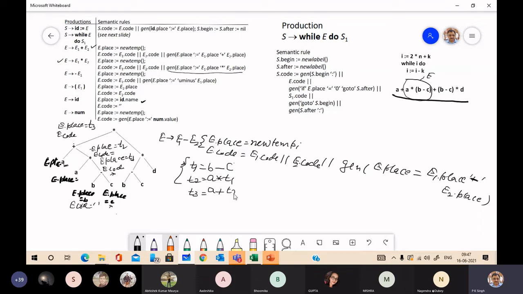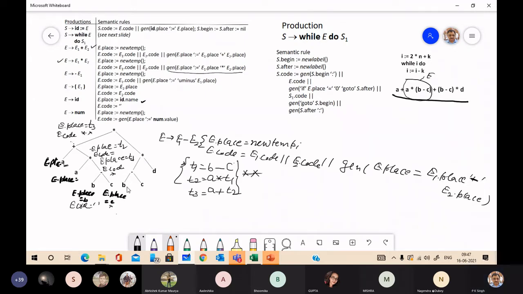So here it will be T2. This entire thing will be the E.code at this junction. E.place is T3 and E.code is this entire three address code, all three lines.